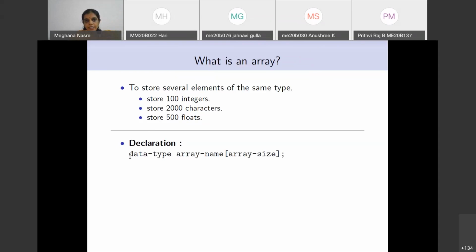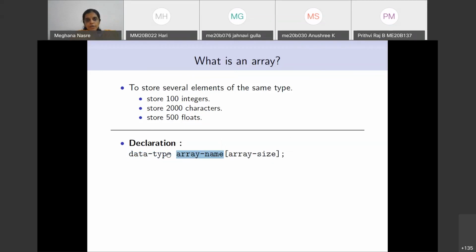The declaration that you will have for an array is of the following type. You will have the data type, which can be either int, char, float, or going forward, we will also define user-defined data types, but here are the basic data types. Then the name of the array, which is a variable name, which will have the same rules that we have for a variable name. Then there are these square brackets, and in these square brackets, there will be an integer which tells you what the array size is.